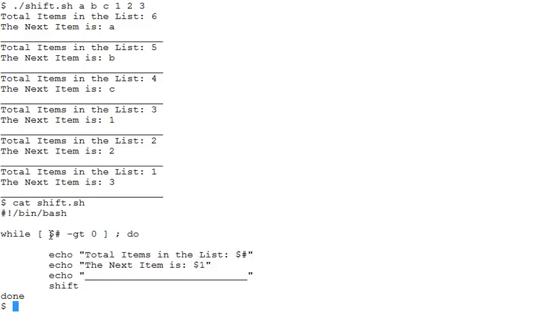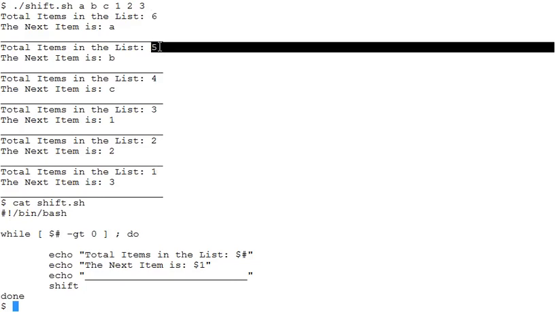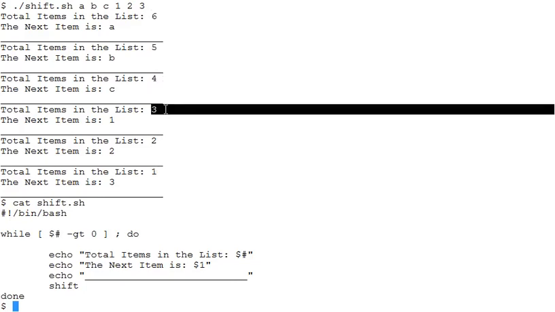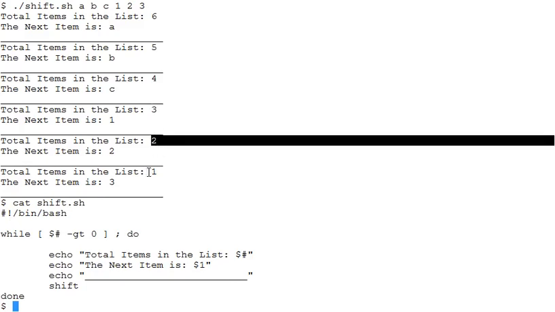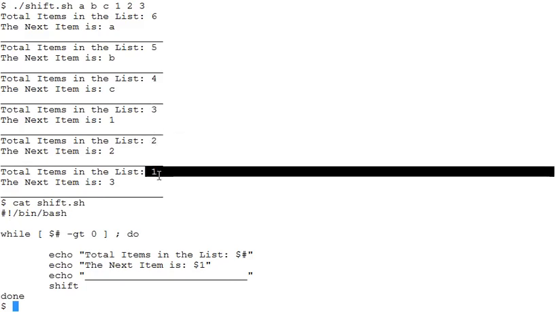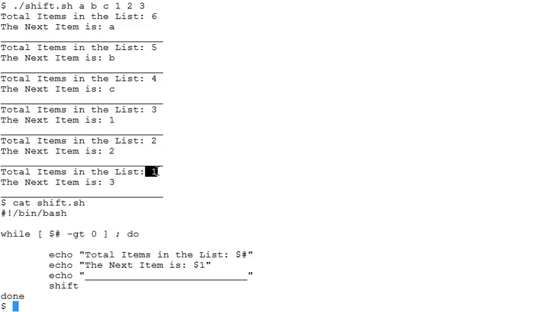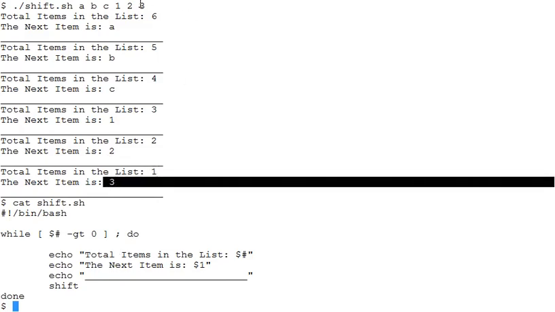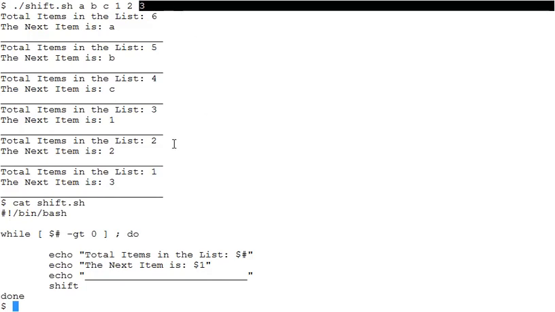The value that is returned by the $# is decreased every time, and we see that from 6 it becomes 5, then 4, then 3, and then 2, and then 1, and finally it becomes 0, because when it becomes 1 we already access the last item in the list.